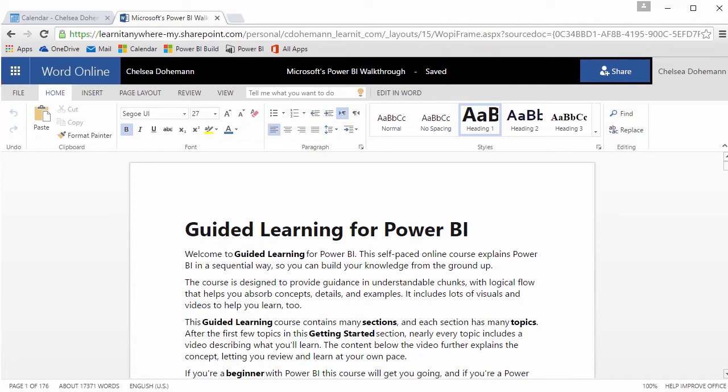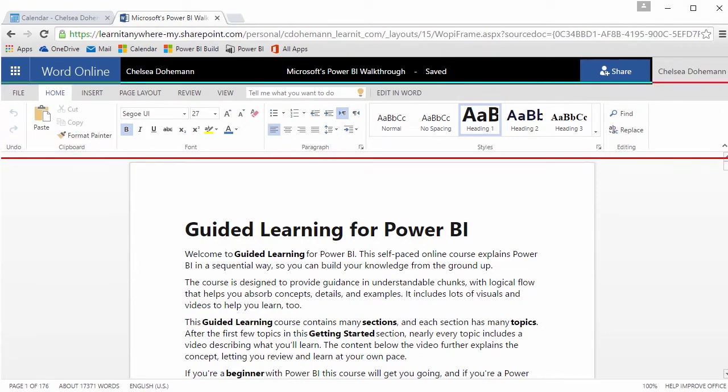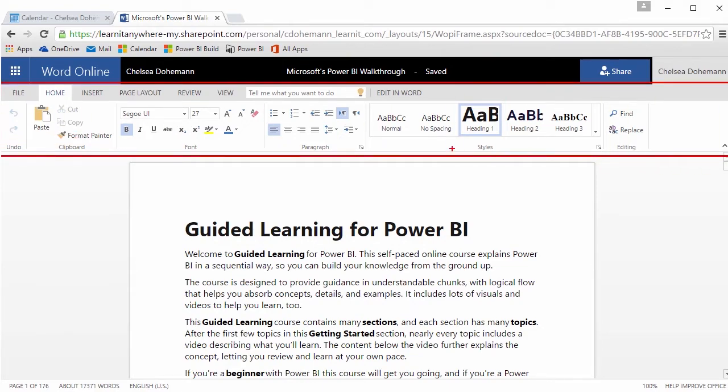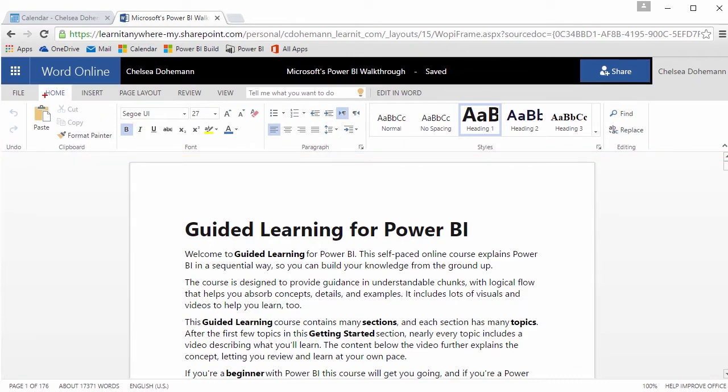At the very top, there is a ribbon going all the way across the top of the screen. It is separated by different tabs of the ribbon. Each tab of the ribbon contains a number of commands that have to do with that particular tab. In this case, I'm on the Home tab of the ribbon, so this is just a collection of tools that are used most often. You may have noticed that some slight stylistic changes happened when I actually opened this in